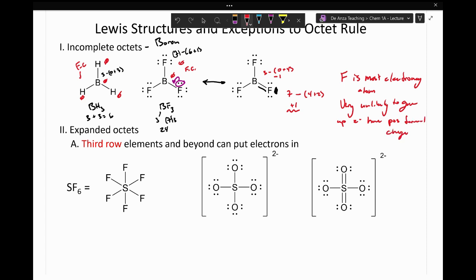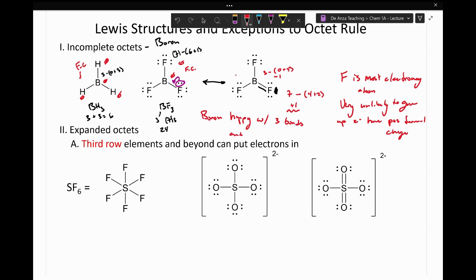So in the case of boron, because it gets its happy state when it has 3 bonds and 6 electrons, we typically let boron have 6 electrons. Boron happy with 3 bonds